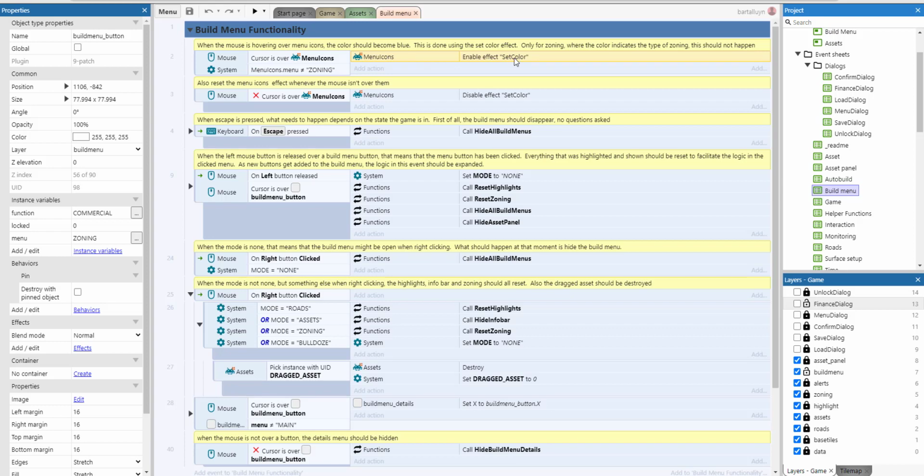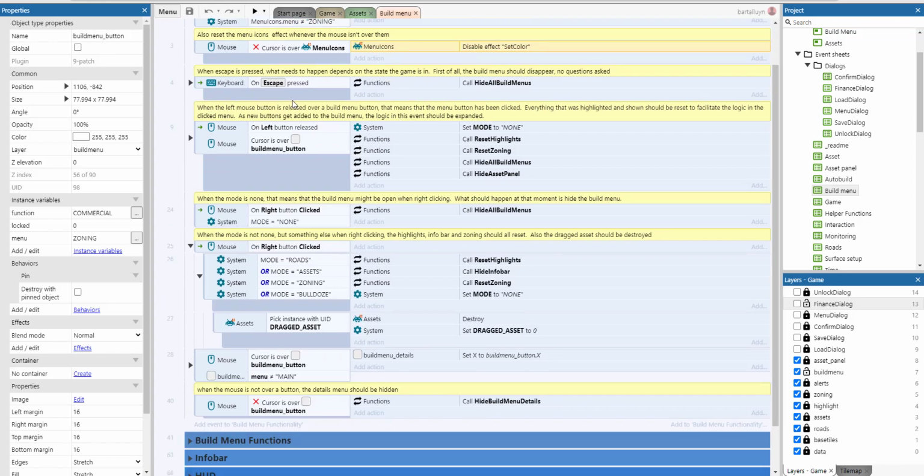It makes it blue. But it's only for zoning, where the color indicates the type of the zoning. This should not happen. So if the menu icon's menu differs from zoning, we just enable the effect. And also we reset the menu icon's effect when the mouse isn't hovering, so then we disable the effect. And then we have some logic for when